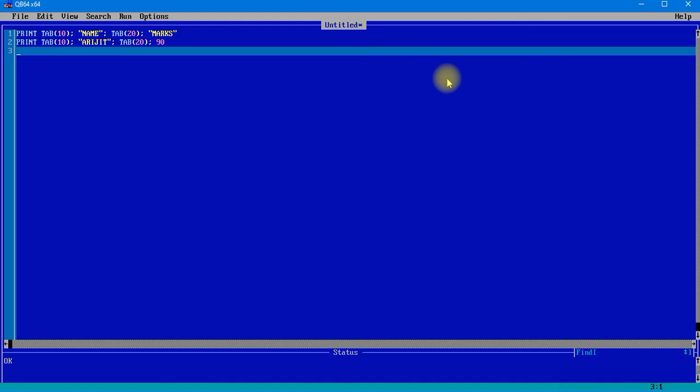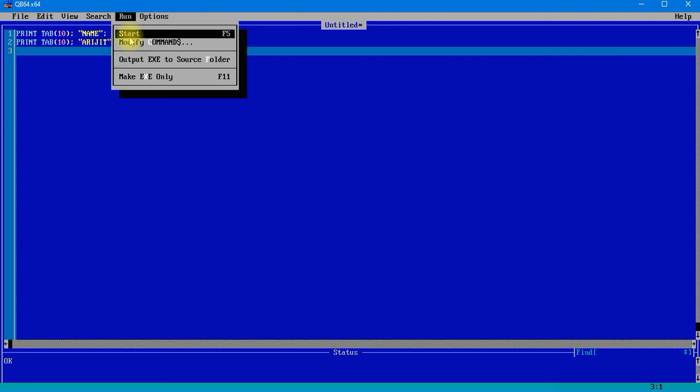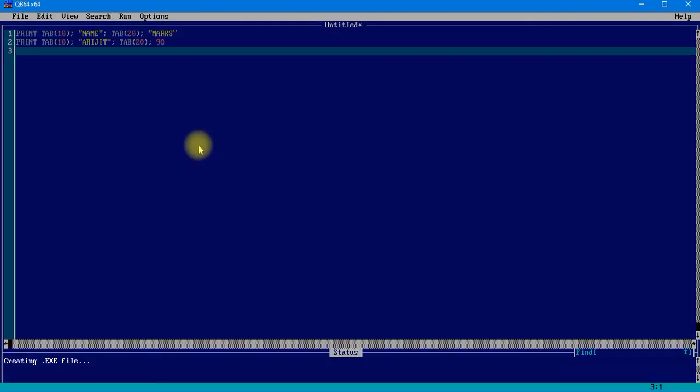Okay, so let's check how this program runs. This is going to display mainly in tabular format. Okay, now let's check how this works. There is no need to write multiple lines to check this program, so I just wrote a single line over here.